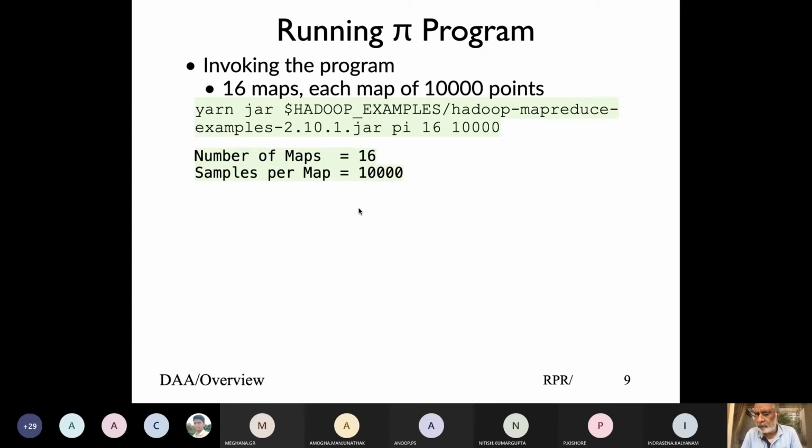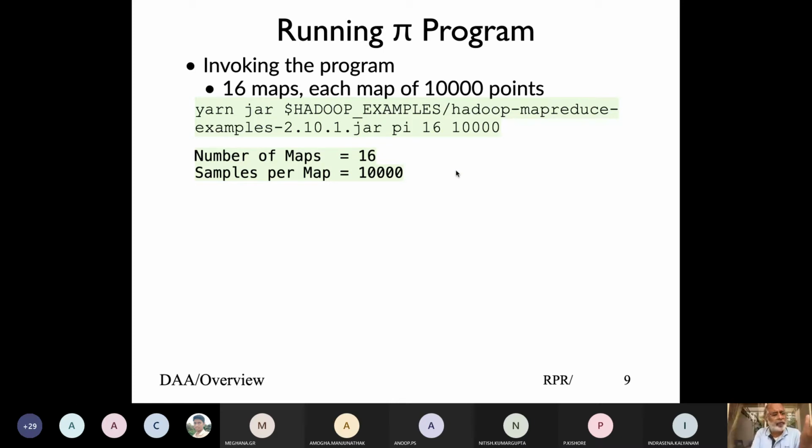Yes, sir. Now, how does MapReduce work? We can run it more number of times. Some machines could be biased, so we can run different numbers of instances. I invoke this program, let's say with pi 16, and that means I want to run 16 instances of this program, and each instance should use 10,000 points. So the map job runs this program in 16 places. They will give the value of pi using the method I just told you, and it takes an average.